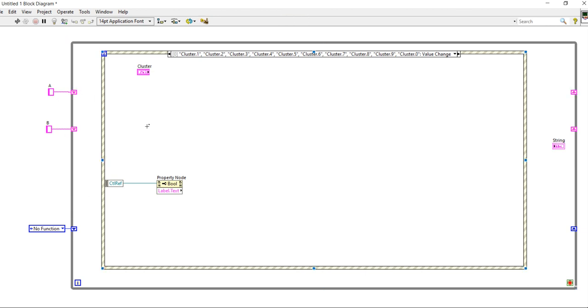After that, connect this one with the border of the event structure. So here we are using the event structures, and also the state machine algorithm concepts.